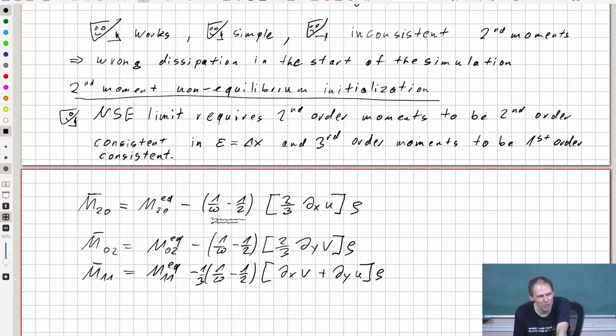Somebody asked me whether you can determine the derivatives from the moments. Yes, and if you want to set them, you also have to set in the beginning the particular